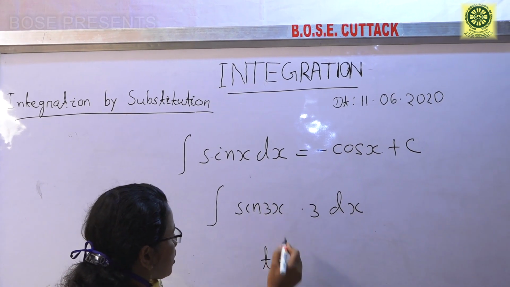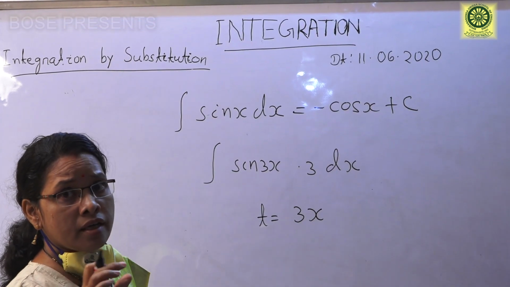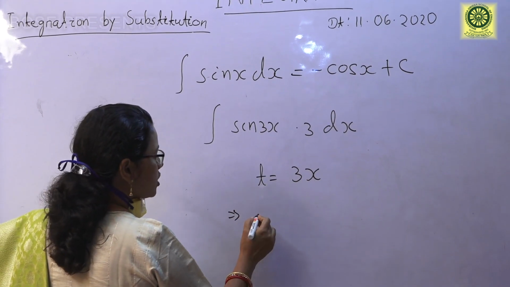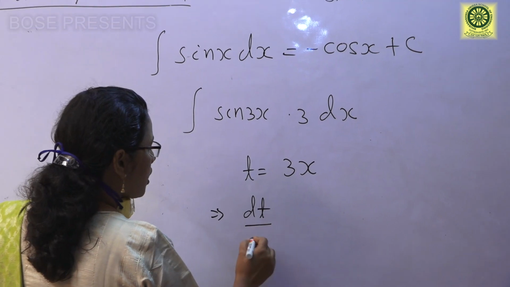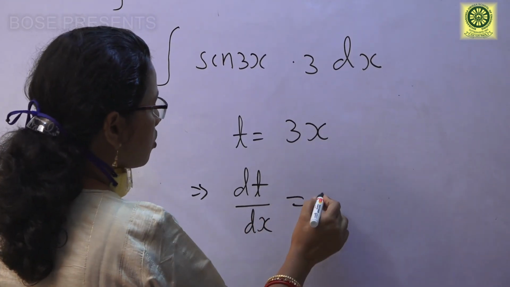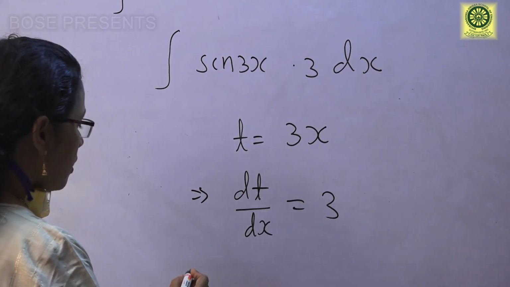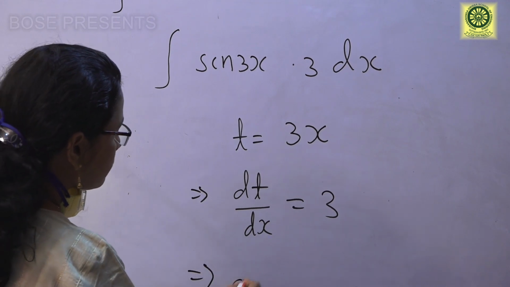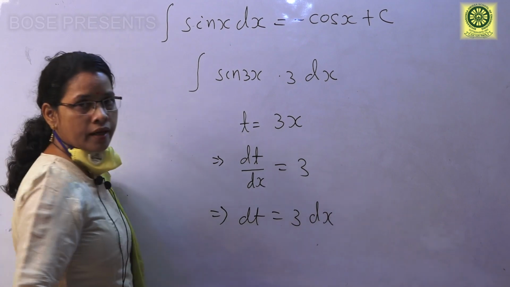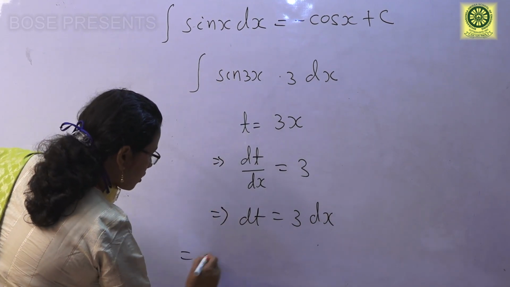Let's substitute t for 3x. Then differentiate both sides with respect to x. Your left side will be dt by dx and your right side will be 3, because the derivative of 3x with respect to x is 3. That implies dt is 3 into dx. Now by using this substitution, our integral becomes